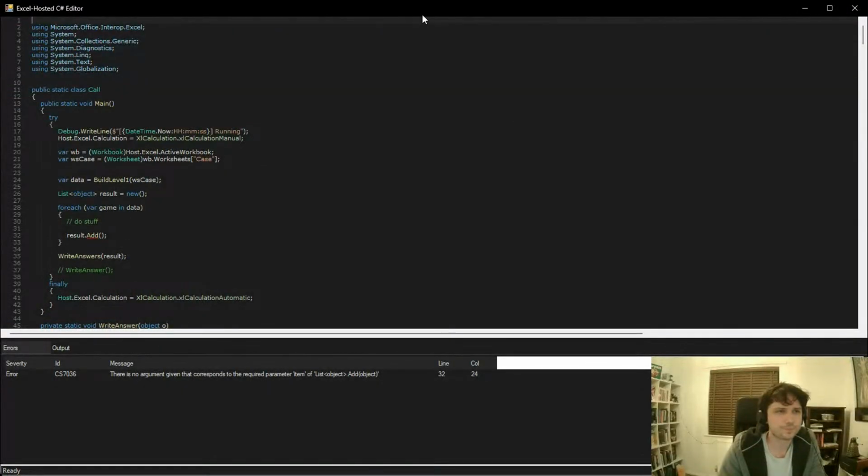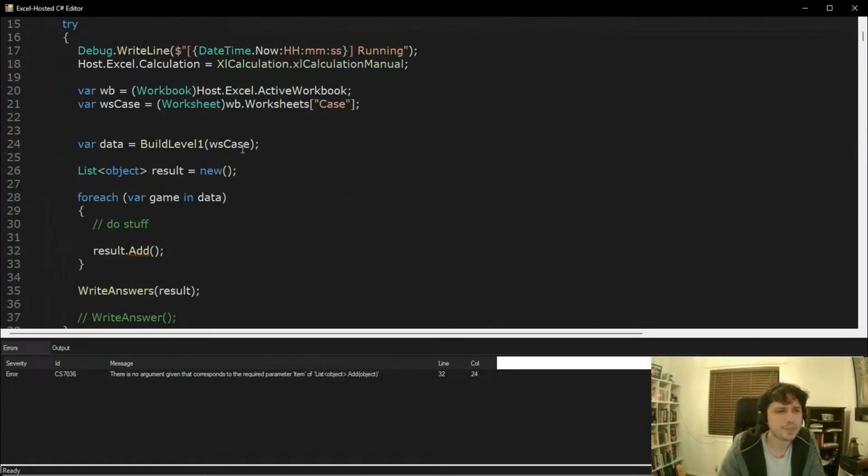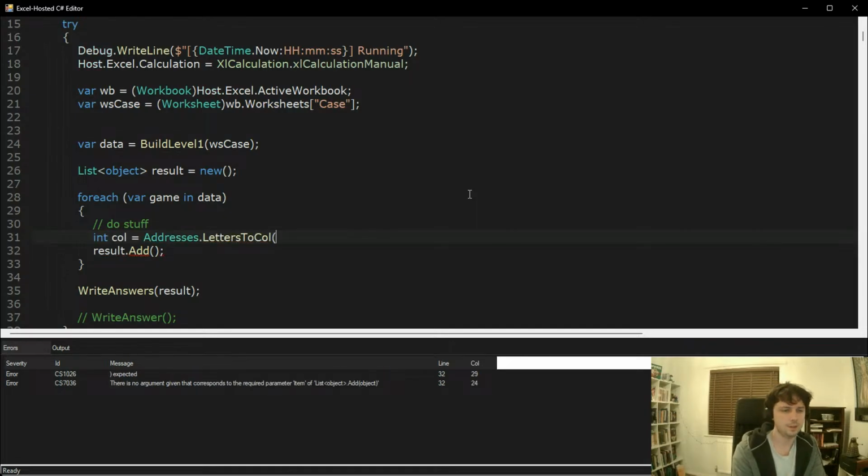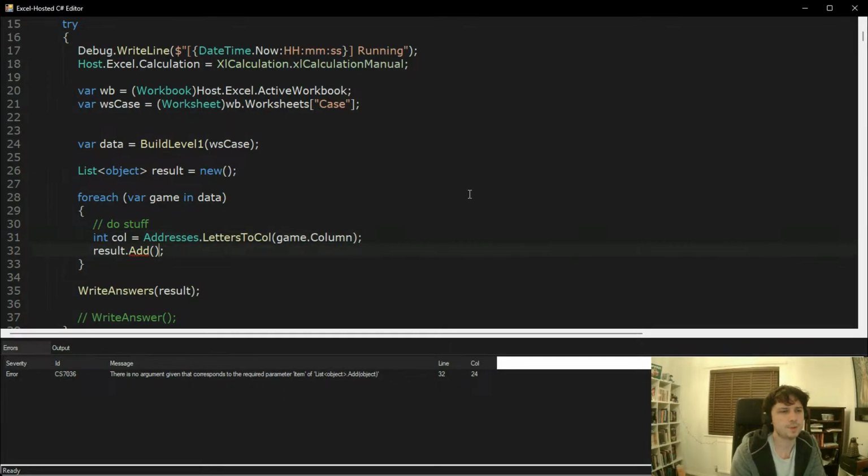So I'm going to name the Yellow Cell Road map Yellow Cell Road, and I'm going to name the Yellow Brick Road map Yellow Brick Road. Cool. And now we're going to open the code editor, share the code editor, zoom in so you can see it, and we're going to solve level 1 of We're Not in Kansas Anymore. So int col equals addresses.lettersToCol of game.column, and then we're going to result.add